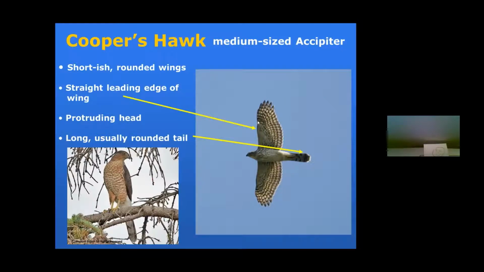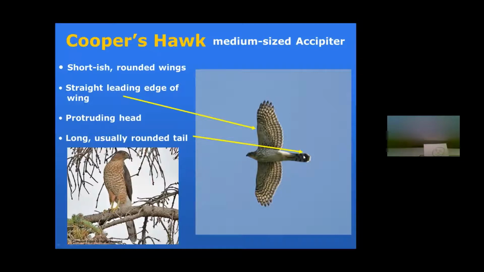a straight wing. This is a Cooper's hawk in a glide, a young Cooper's hawk in a glide. Notice how it has a pretty straight wing going right through the body all the way down. Protruding head. So it gives the impression, as opposed to the sharp-shin, of a much more head projection. And that's a big characteristic in identifying the differences.